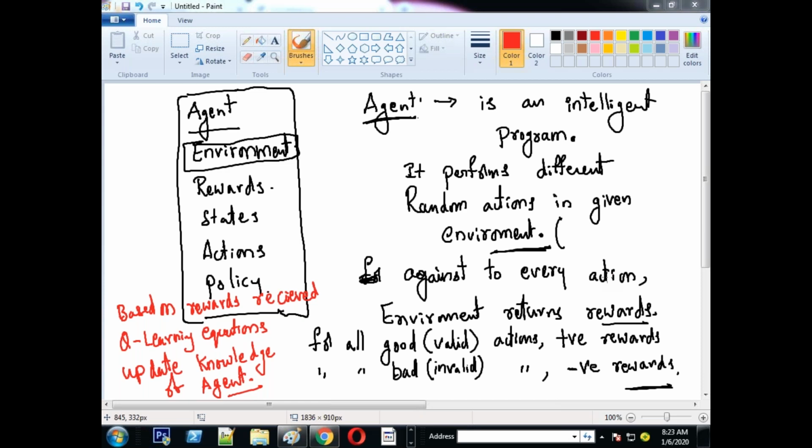Like that. Suppose he performs a good action. Then positive reward. Whenever he receives a positive reward, always he tries to improve his reward. Understand? And you can fix up the reward ranges also. Like suppose binary rewards you can give -1, +1. Suppose for good activity +1, for bad action -1.